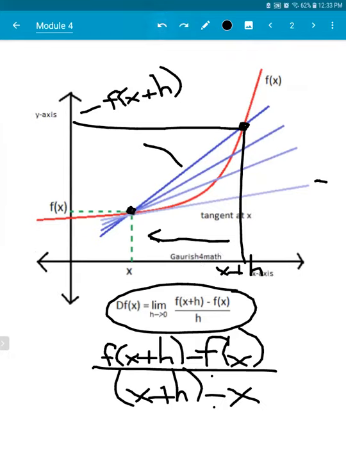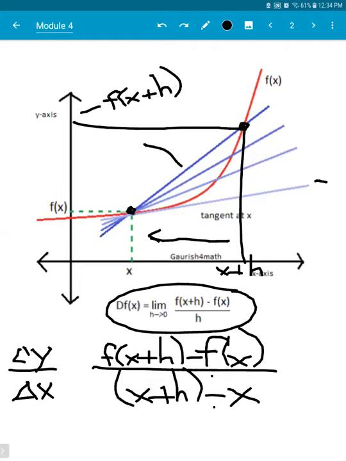And then if we compute the change in y over the change in x, it will be f of x plus h minus f of x over x plus h minus x. And so we have this formula here, the encircled one, for the derivative of a function where h